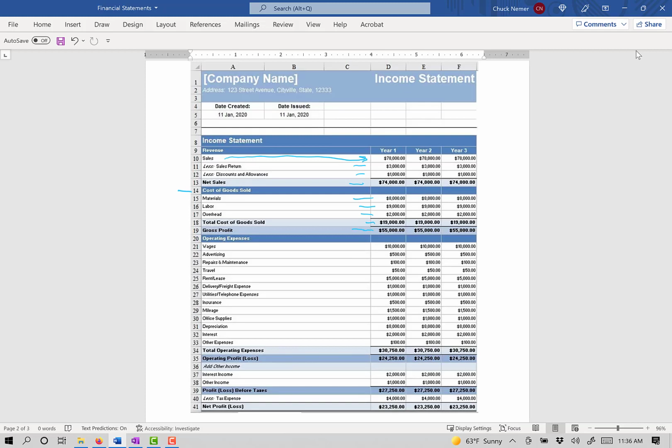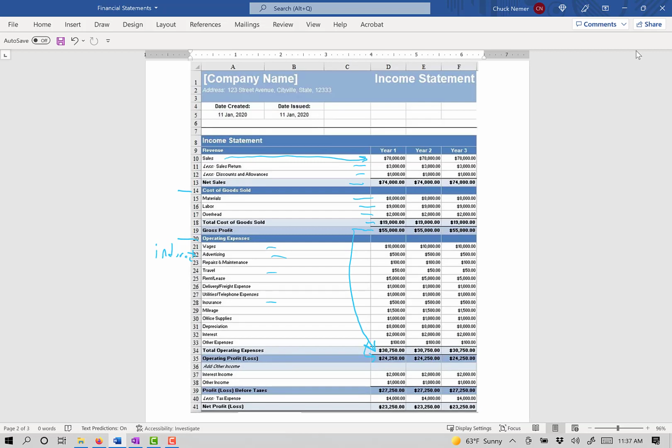Now, out of those $55,000, we have to pay what's called the operating expenses. These are all the indirect expenses. These are expenses that are not tied to production specifically, but they're tied to supporting the whole business. So that's why you see wages and advertising and travel and insurance and all sorts of other things. So out of that $55,000 profit, we had to spend $30,750 to support that. So we ended up with an operating profit or loss, in this case a profit of